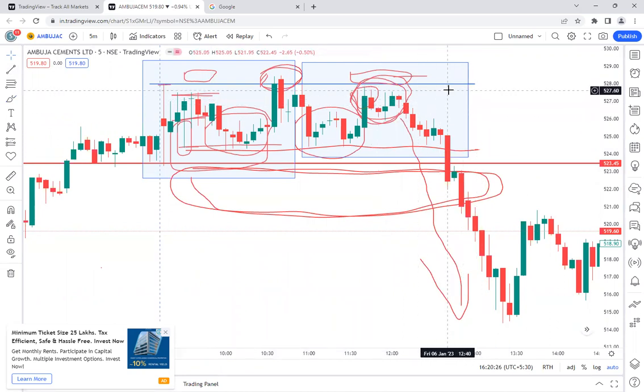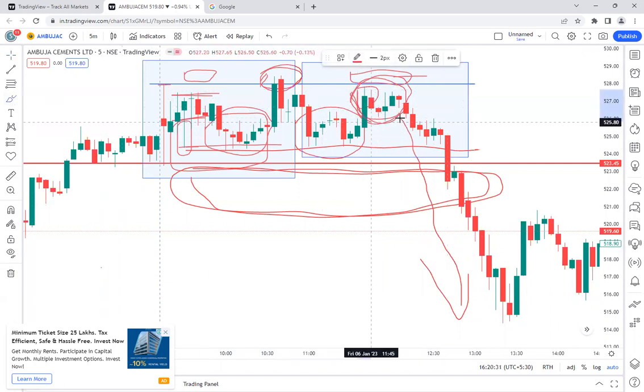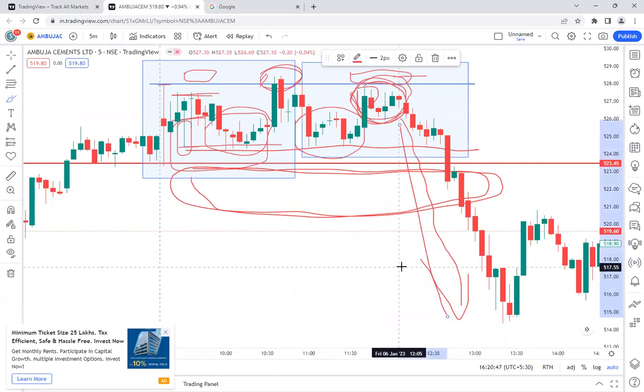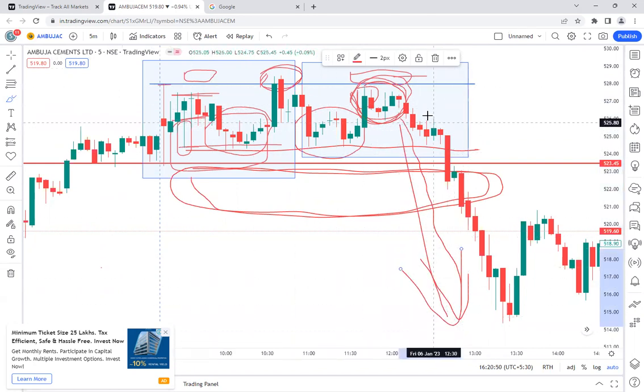So in this example, this is a very strong buying trap, because in the first half of the day they gave a clue, or showed, that buyers are really strong enough to kill the sellers. The second time, they made the buyers get trapped in that opinion, and immediately they shot it down. This kind of behavior, if not exactly similar, has happened in many of the stocks today. So if you have time tomorrow, Saturday and Sunday,